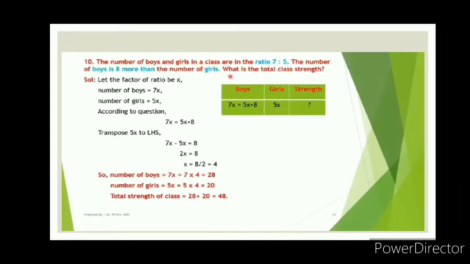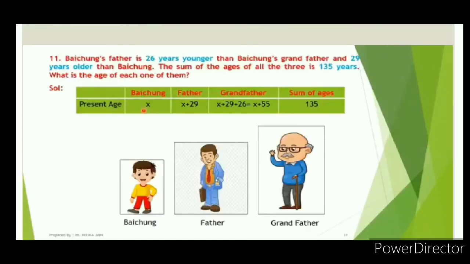There are two questions we did now. Both are related with ratios. If they are given in ratio form, you should not take that number directly. We should multiply that number with a common factor. Always we are taking the common factor as x. Understand children? The next question is a very important question. You should pay more attention.